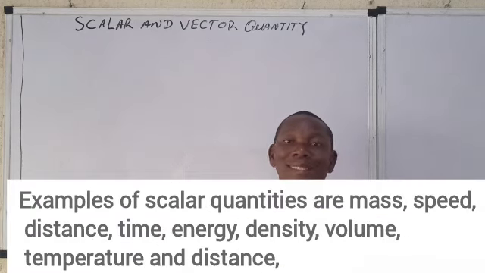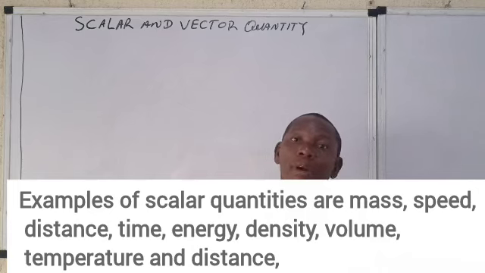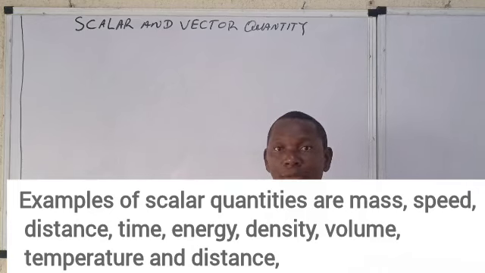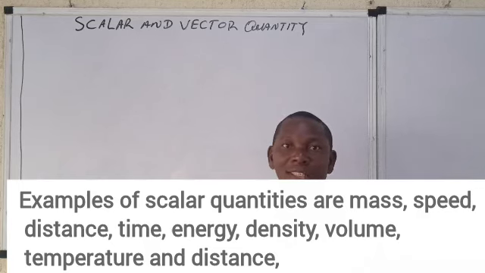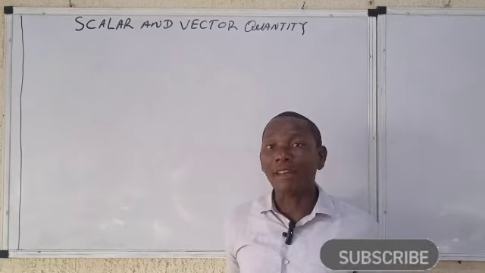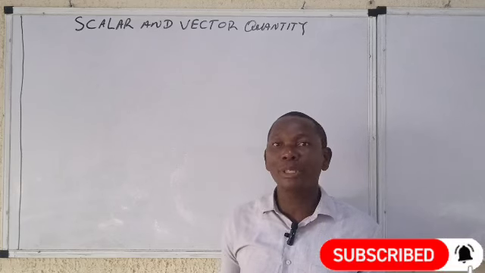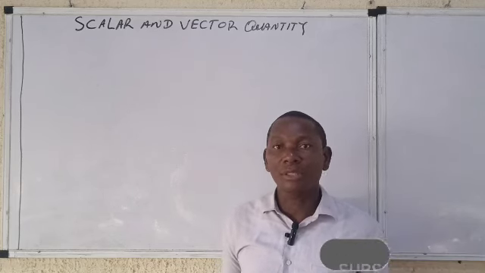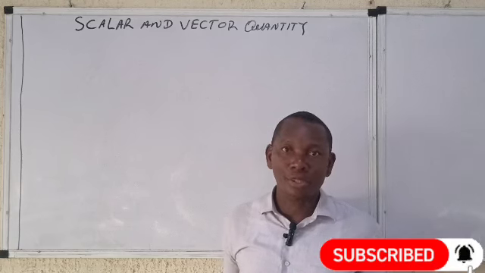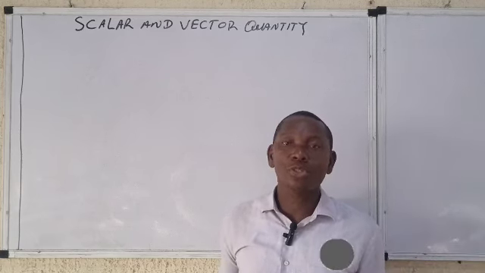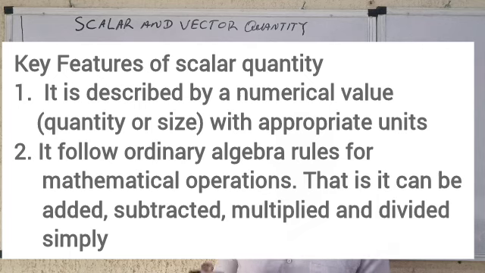Examples include distance, speed, mass. You say something is 5 kg, no direction, all right? Temperature is 25 degrees Celsius. So we have numerous scalar quantities that you can easily play with. Now, one of the key features of scalar quantities is, as I mentioned in their definition, they have magnitude but no direction. They have numerical value. Another key feature is that ordinary algebraic mathematical operations can be used to add them